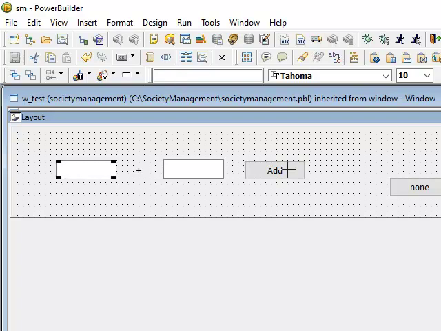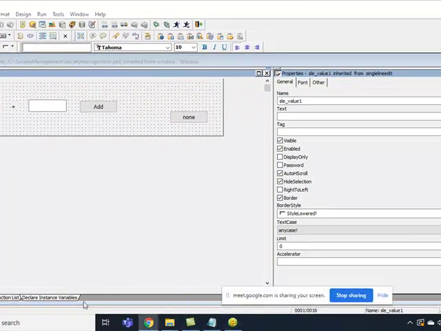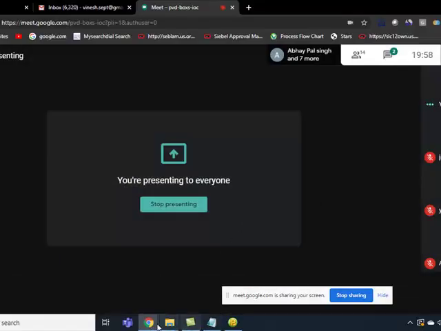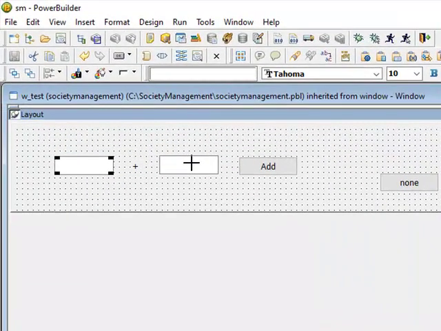But it cannot be used in the application object, because the application object is a different object, and this window is a different object. Similarly, if you create one more window, you cannot use the instance variable of this window in that window. But a variable declared at instance level can be used anywhere in this window.